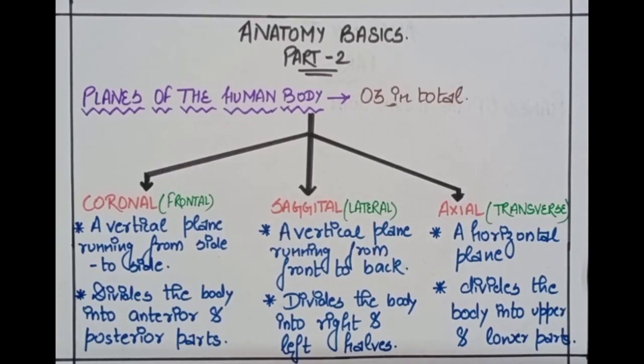Let's now thoroughly go through each of the planes with the help of diagrams and the written notes. We are already aware of the planes now, as we have already gone through the introduction. There are 3 in number: the coronal or the frontal, the sagittal or the lateral, and the axial or the transverse plane. So now we will be going through their definition, the way they divide the body, and their movements, like the movements occurring in those particular planes when we see it in the human body. Then we will go for the picture depiction and thoroughly read them from the pictures.